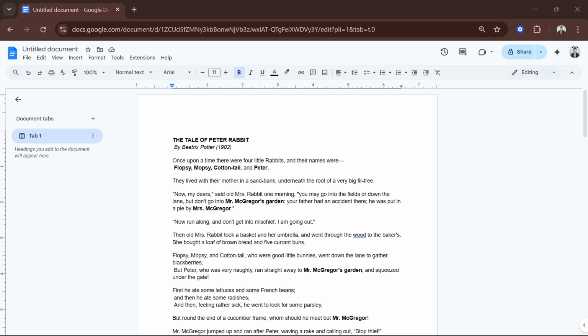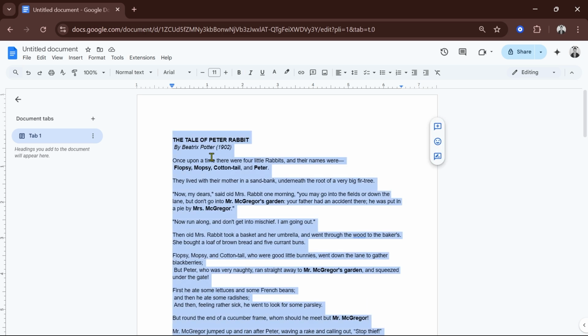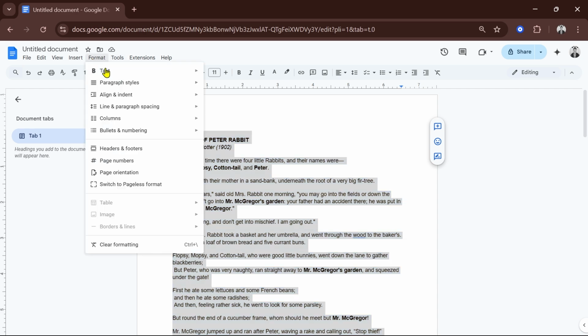Hey guys, in this video I'm going to show you how to add border in Google Docs. Now for us to add a border in Google Docs, the first thing we're going to do is select the text. Now we're going to go ahead and click Control A and we're going to go ahead and click Format,